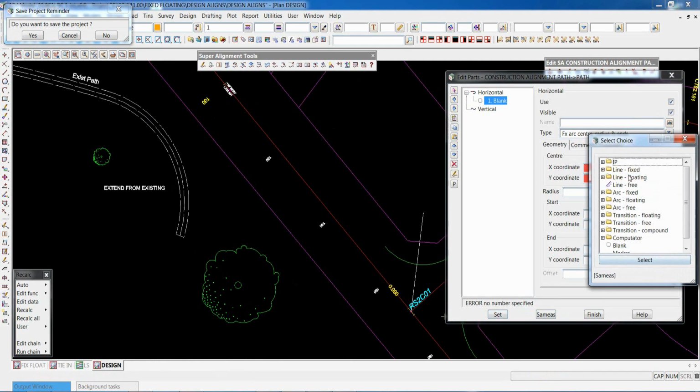Oh, sorry, I picked the wrong one. So we go arc fixed, center line radius.